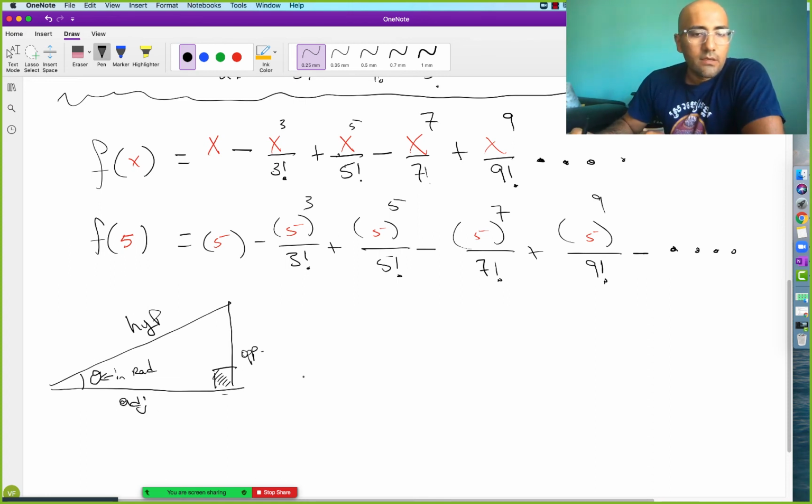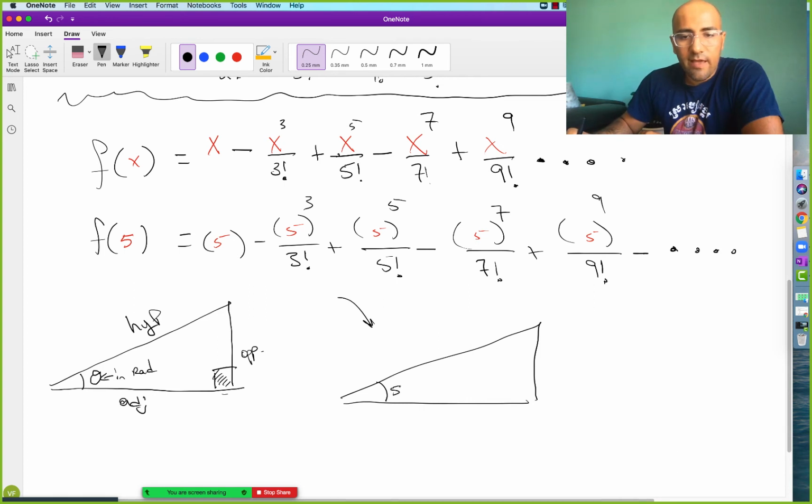Adjacent to it. The ratio of opposite over hypotenuse, right, so if we actually take a measuring tape and measure this triangle and figure out this length there divided by this length there, it is equivalent to taking this angle and plugging it into this function. Good? Sort of, kind of, maybe? Good. So in this case, if this angle is 5 radians, in radians, if that's 5 rads of this triangle,